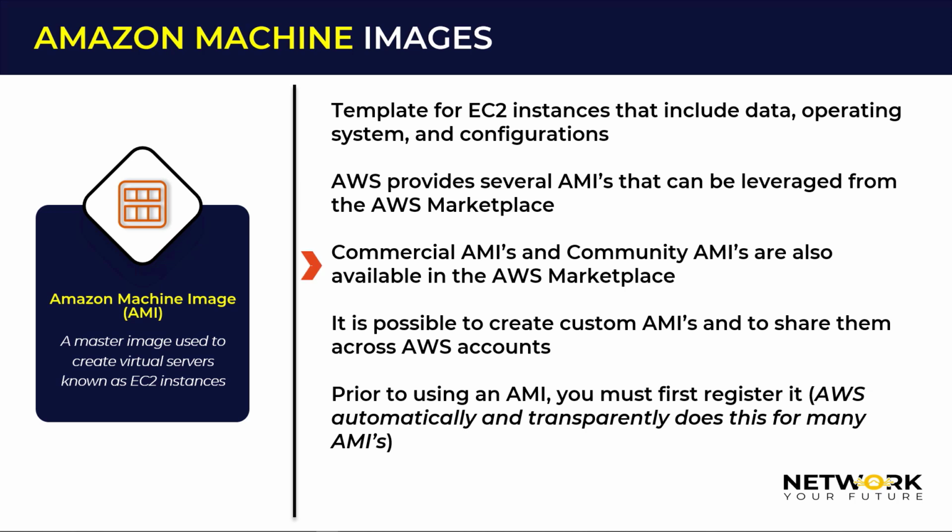Additionally, there are several commercial AMIs and community AMIs within the Marketplace. You yourself can create an AMI and make it public and it will then become a part of this large set of community AMIs. Custom AMIs can be shared between AWS accounts, and before launching AMIs, they must first be